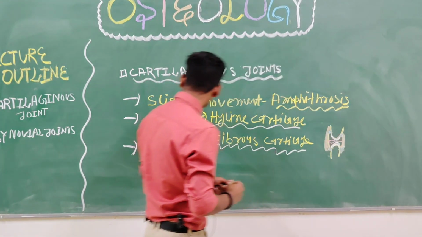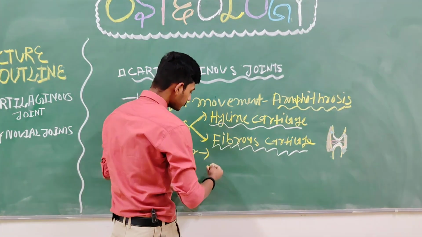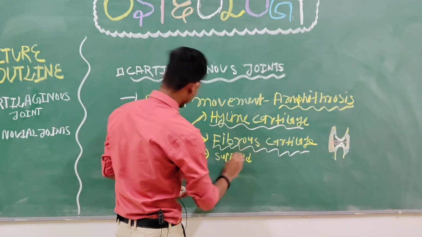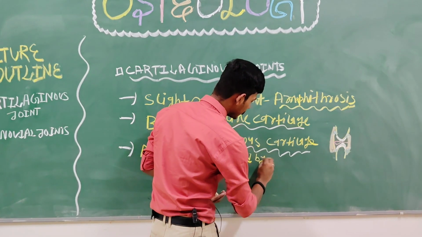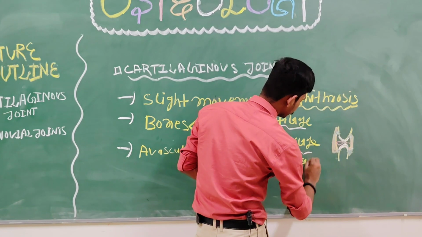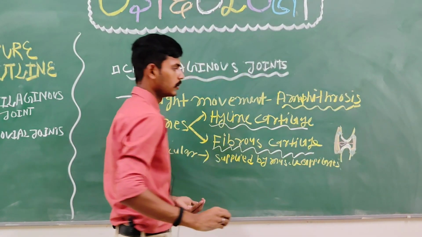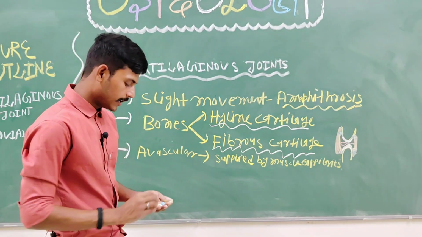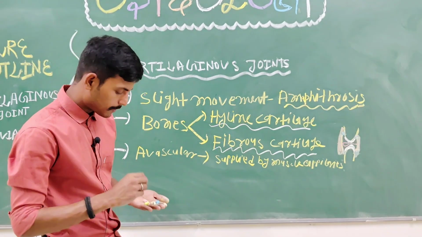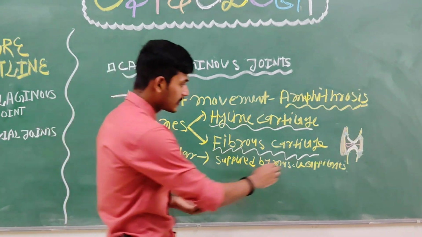Now come to their innervation. So they are avascular, but they are supplied by muscle capillaries. No problem. Understanding? Now, as far as their innervation, the nerve supply is concerned, they are mainly this